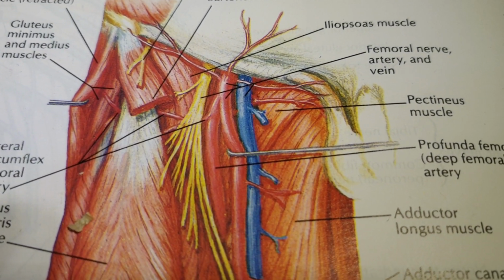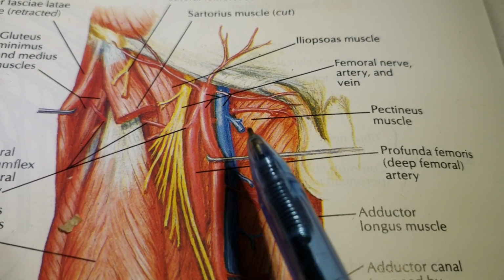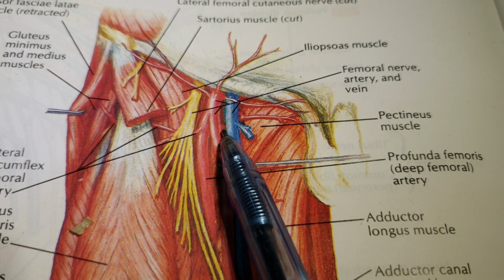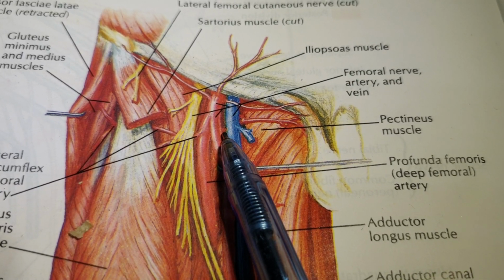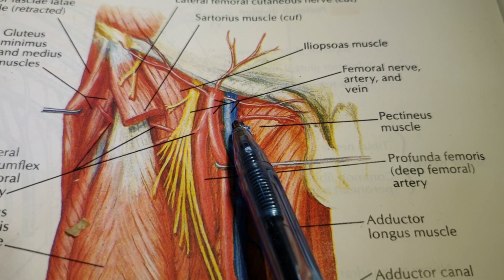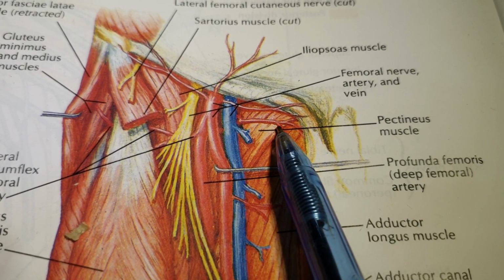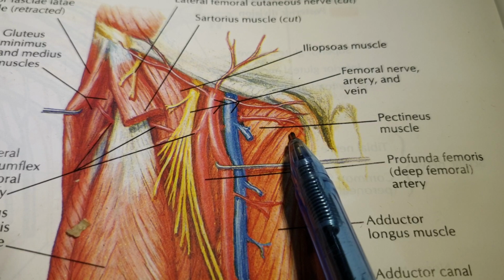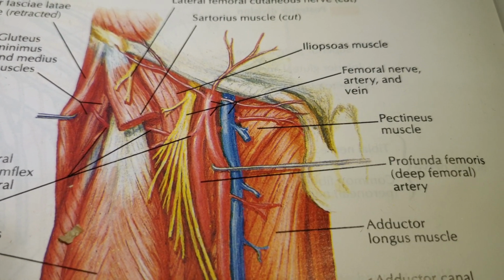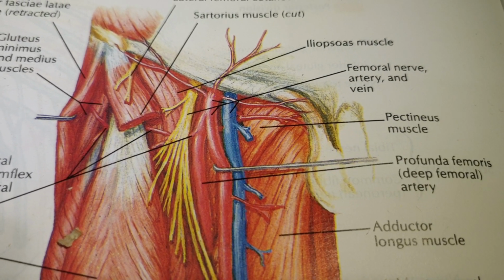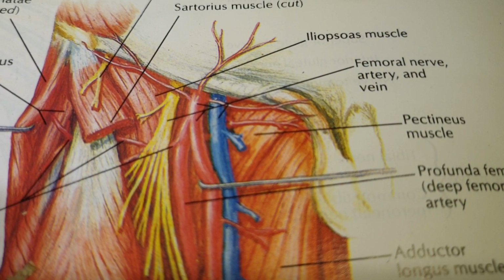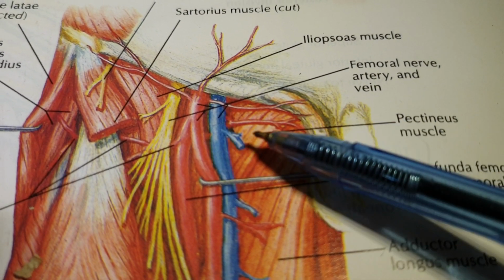Now coming towards the deep branches of the femoral artery, one is the deep external pudendal. This branch is a deep artery as it lies deep to the deep fascia of the thigh, and you can also see it is passing behind the femoral vein. It runs over the pectineus muscle, and sometimes it passes behind the adductor longus and sometimes it passes over the adductor longus muscle. It also supplies the skin of the genital area, and eventually it anastomoses with the branches of the internal pudendal artery.